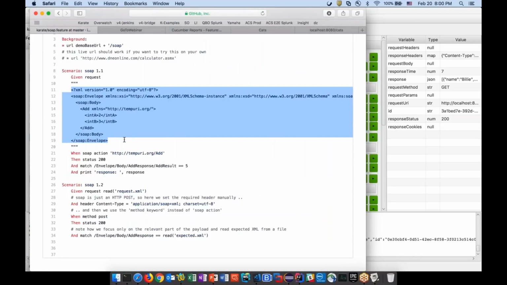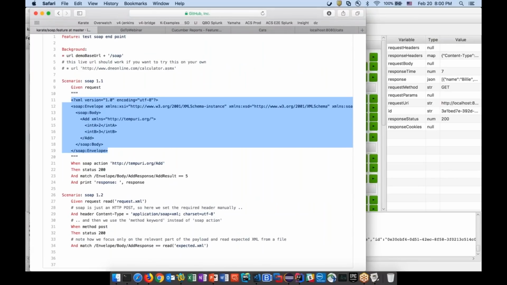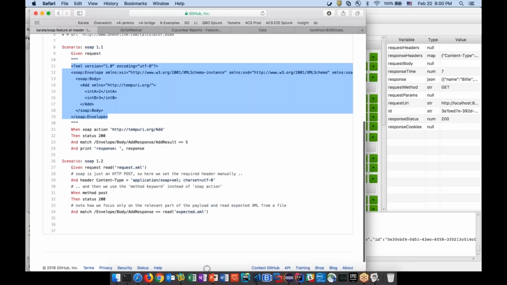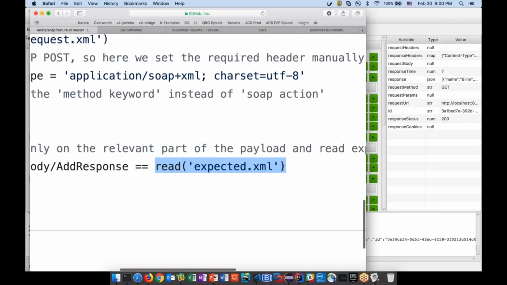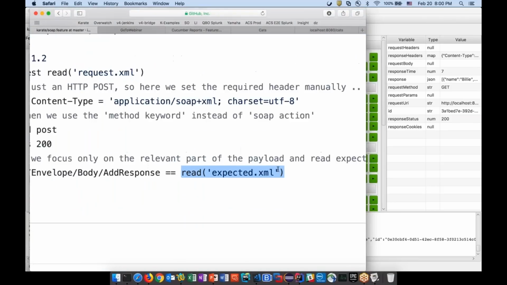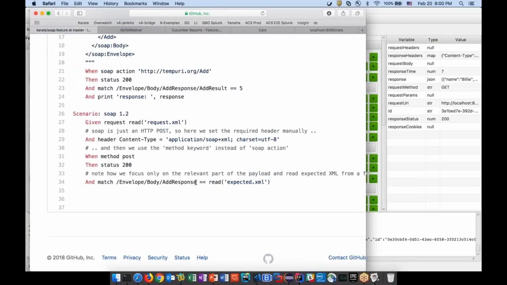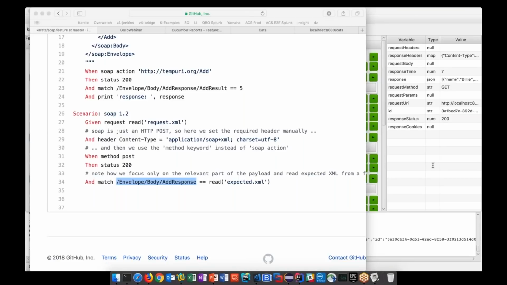SOAP.feature. Yes, by the way, this is how easy to express XML in Karate. And you just need to do this once, because it's very easy. For example, if you have header and body and all those pieces, you can reuse them very easily in Karate. If I zoom into this last line, I'm reading XML from the file and using it in an assertion. And yeah, for those of you who are familiar with SOAP, hopefully this totally answers your question. Yes, you can use Karate for testing SOAP, and it's very easy.